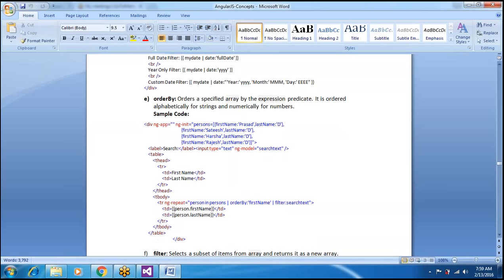And next, order by. Suppose you are displaying some data from a database. If you want to display the data in some order, use this order by filter. Suppose we have, in this example, 4 employees, with first name and last name. From these 4 employees, display order by. Order by means